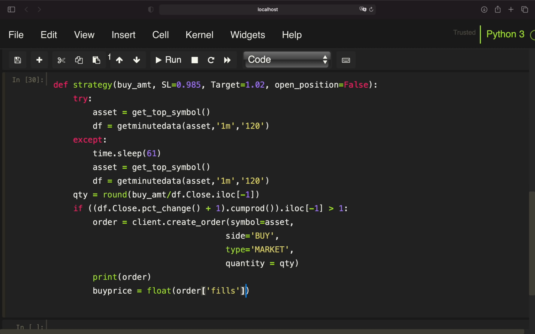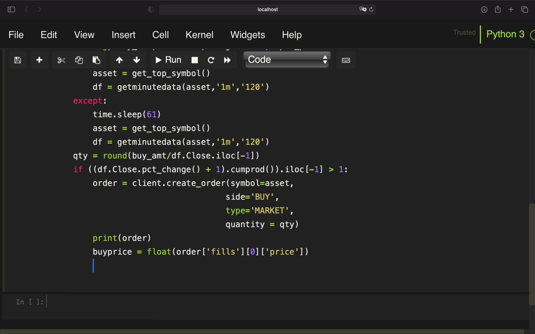So we're just taking fills, index 0, and then taking the price. Once we've done that, we are just setting the open position to true, as we have an open position now. And while this open position is true, so we can just check while open position,